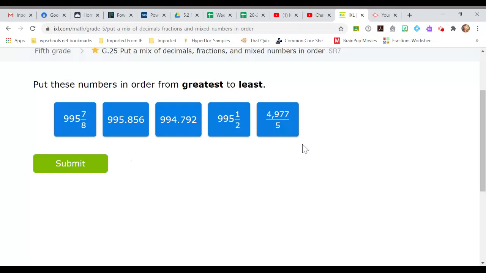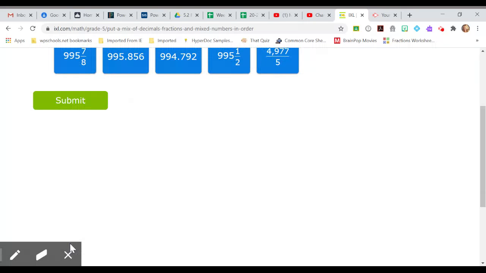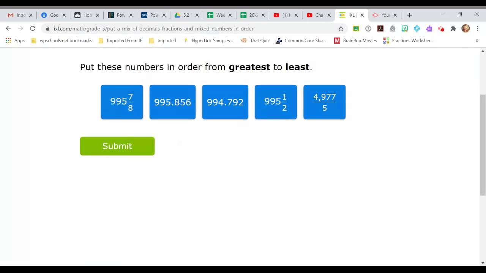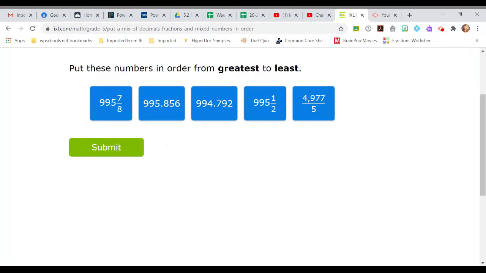So what you would do for that, okay. So greatest to least, 995, 995. You are not going to have anything this extreme on a test or anything. IXL is just extra practice, but you're not going to have anything this extreme in my class. But this is good practice. So let's talk about this improper fraction. It's very improper. All right. Here we go. Okay, so let's talk about this. This means